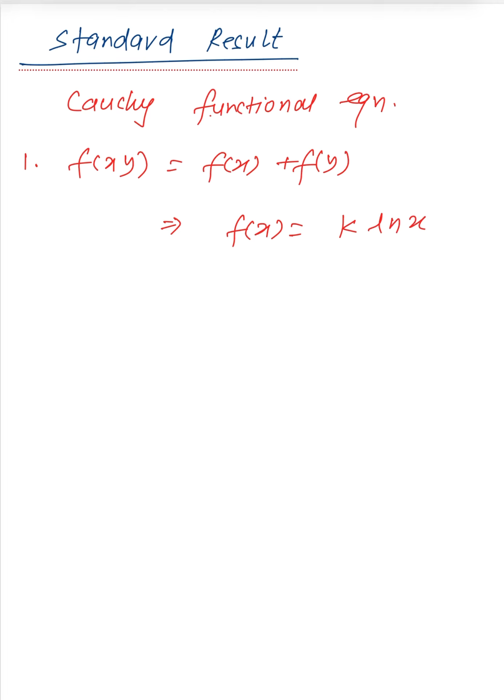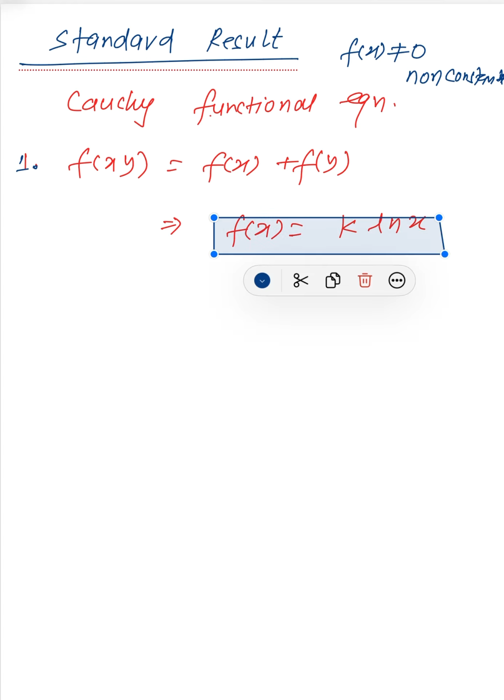Obviously we are talking here about a non-zero and non-constant function. So f(x) should not equal 0 and f(x) is non-constant, because f(x) equal to 0 can also satisfy the functional equation, but we are finding the non-zero and non-constant function. So if any functional equation satisfies this condition, then f(x) can be taken as k ln x. This is the first